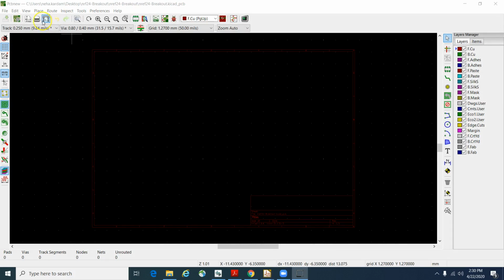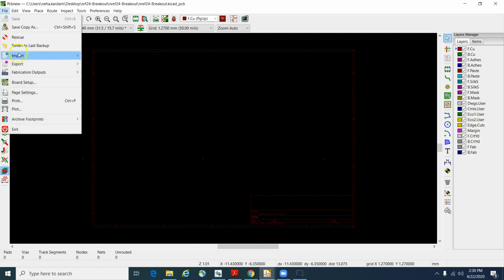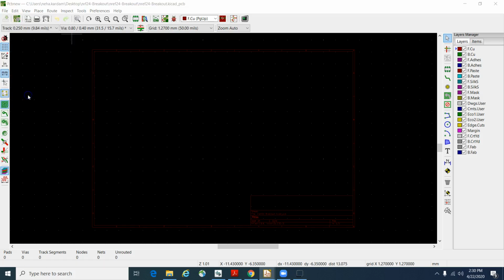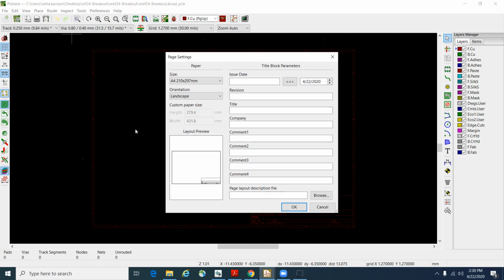Now to set up the contents of the project information box, click on the file, and then we will go to the page settings. So file, and then page setting, and then here you can write down the issue date. You can write any date. For example, I'll just take the same date maybe. And a revision, let's say this is just 1.0. And title you can write down as